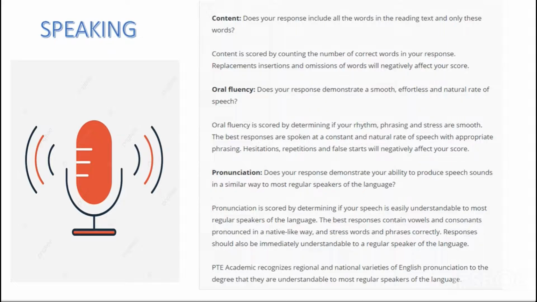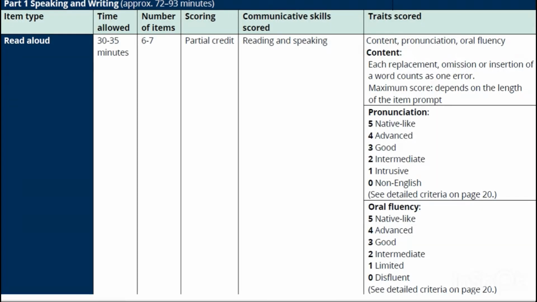And if I talk about oral fluency, you do not have to speak too fast and too slow as well. What I recommend is a little bit faster than your natural pace. Don't worry about your accent. Do not try to copy any kind of accent because accent doesn't really matter. Just make sure you speak clear and louder. Don't just read like a robot. And if I talk about